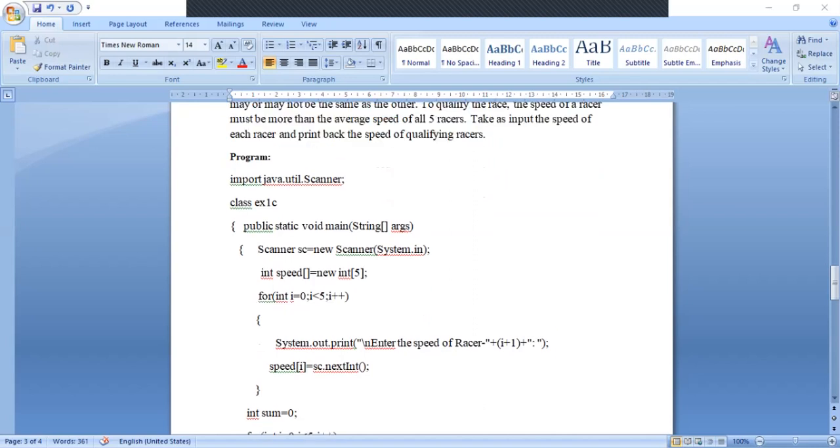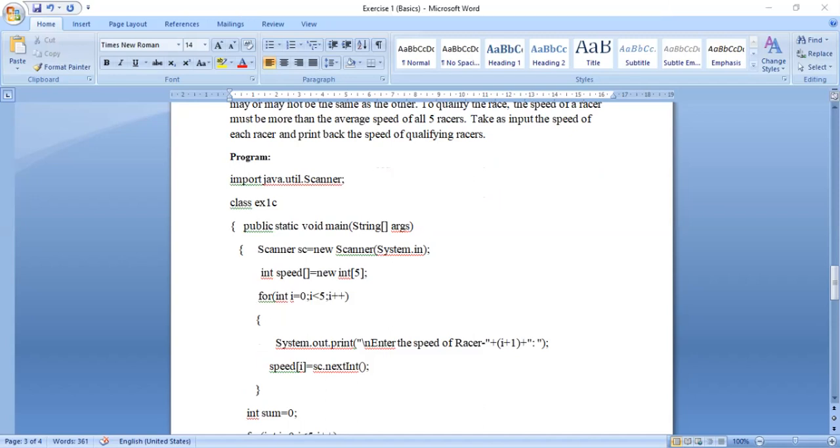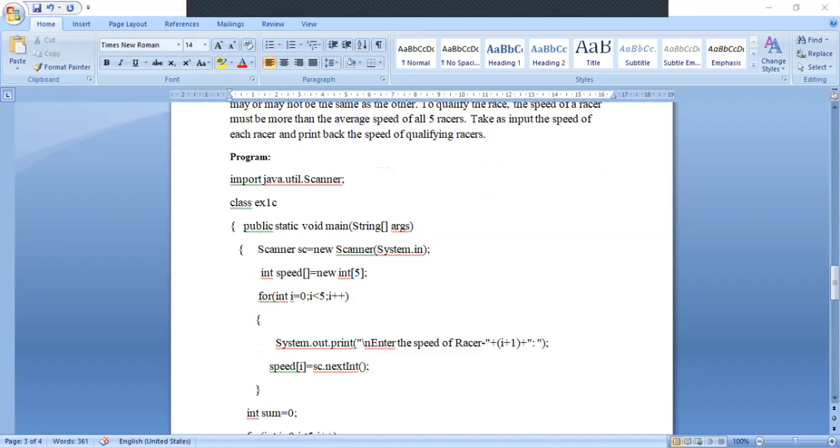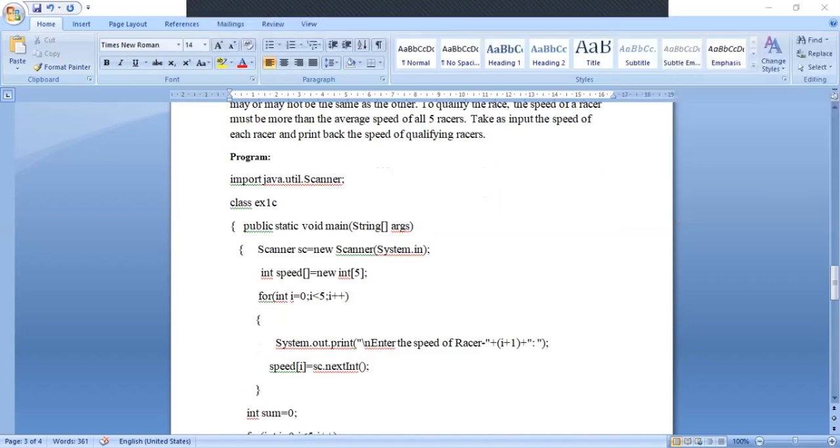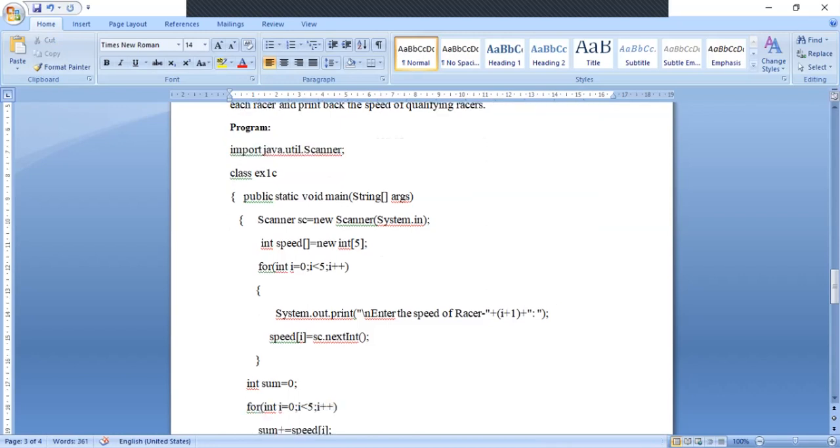And we need to give input to the program. In the last video, video 2, unit 1, chapter 1, programming in Java, we saw that the Scanner class is used to give user input to the program. So that's why here we use this Scanner class. Okay friends, see here, I'm importing the java.util.Scanner class into my program, and my class name is Ex1c, with public static void main(String args).